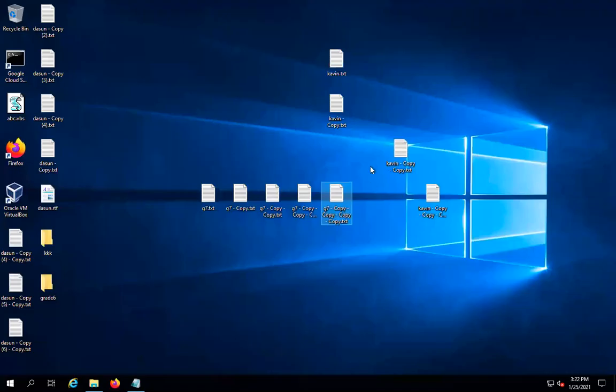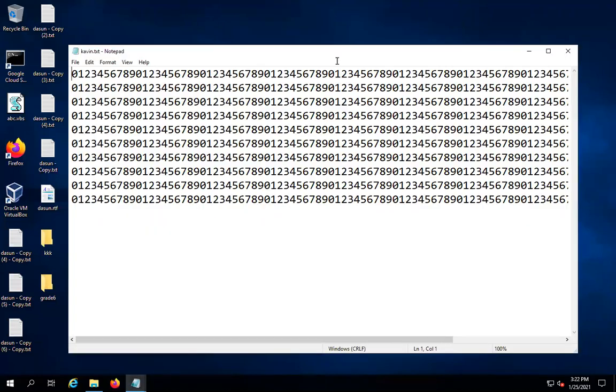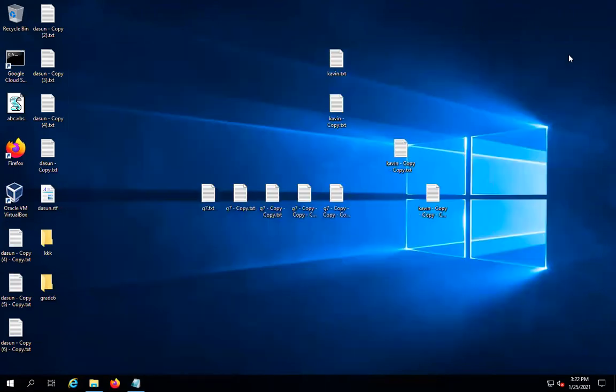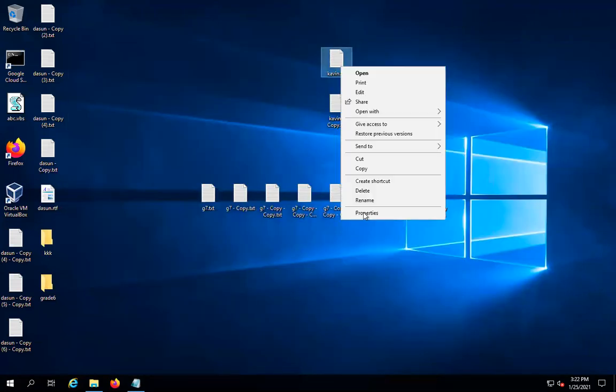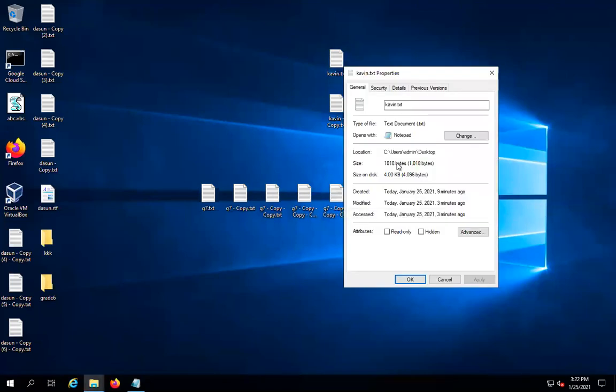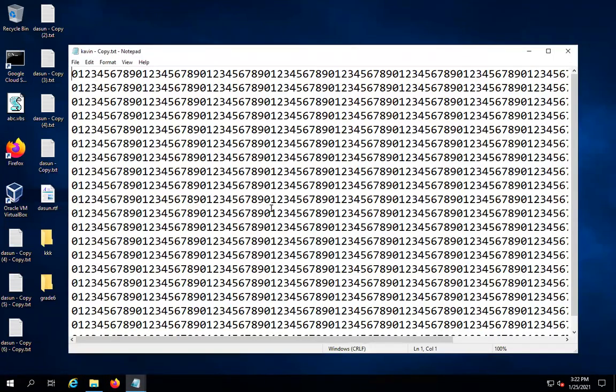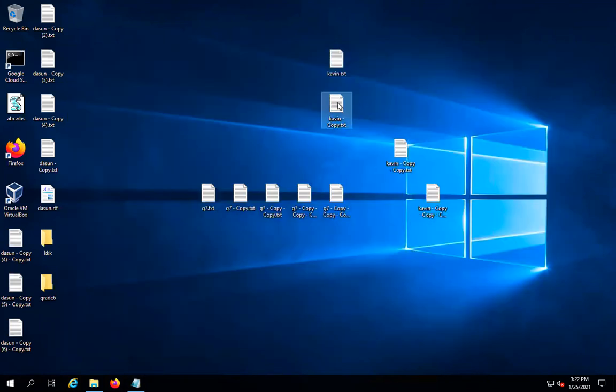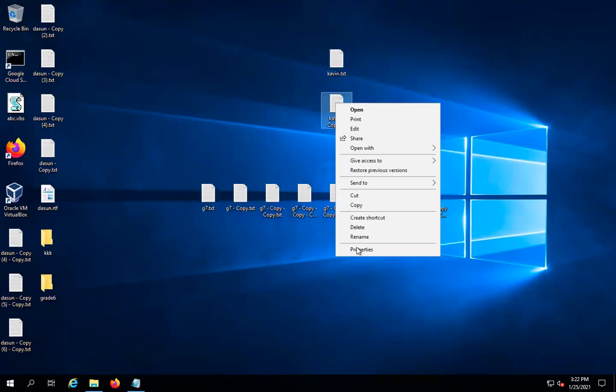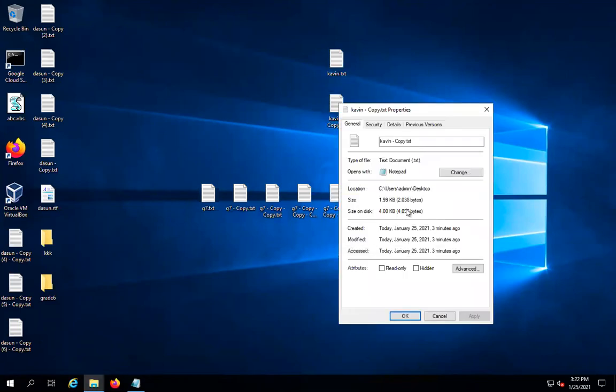Actual size. So here I have 1000 characters. Right click, properties. 1018 bytes, 4 KB. Then I made it here. How many lines? 20 lines means 2000 characters. Right click, properties. Now I can see